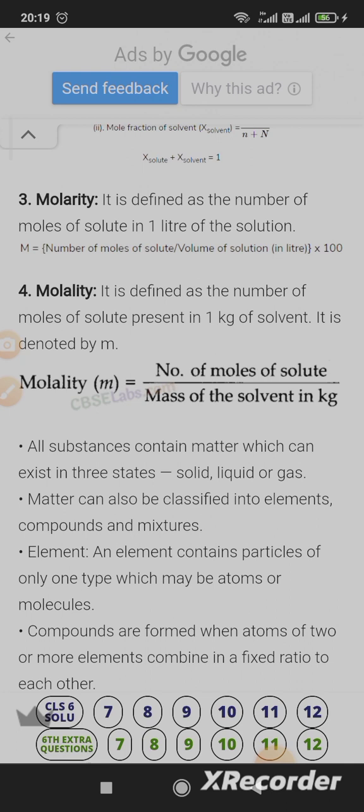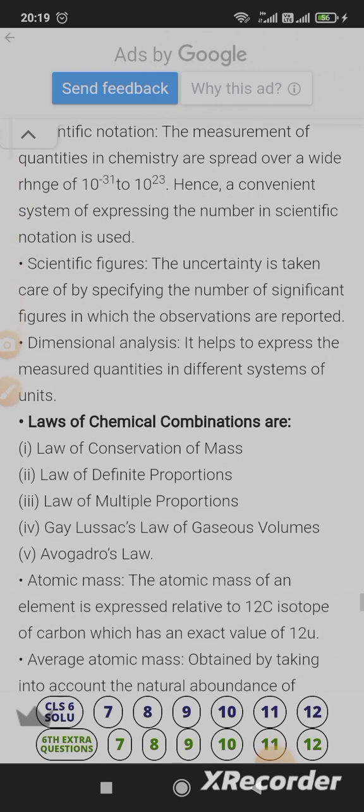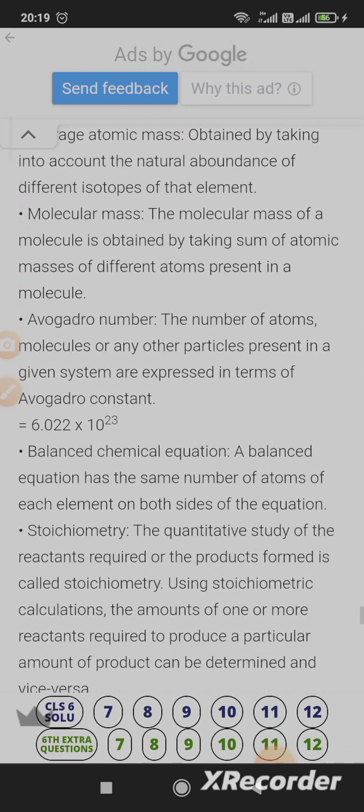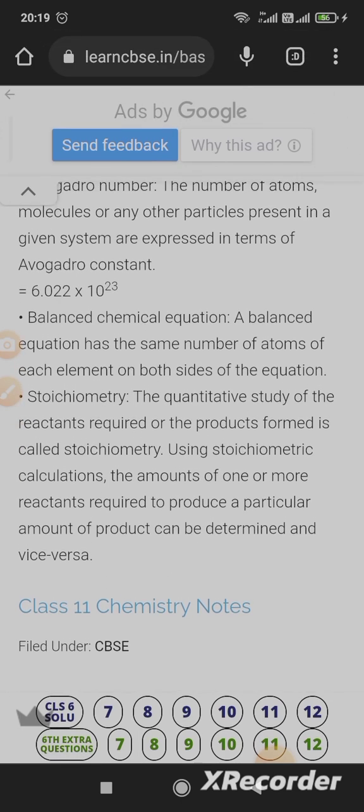Molarity is equal to the number of moles of solute by volume of solution in liters. Molality is defined as the number of moles of solute present in 1 kg of solvent. It is denoted by small m. Molality is equal to the number of moles of solute by mass of solvent in kg. Quantitative study of reactants required for product formed is called